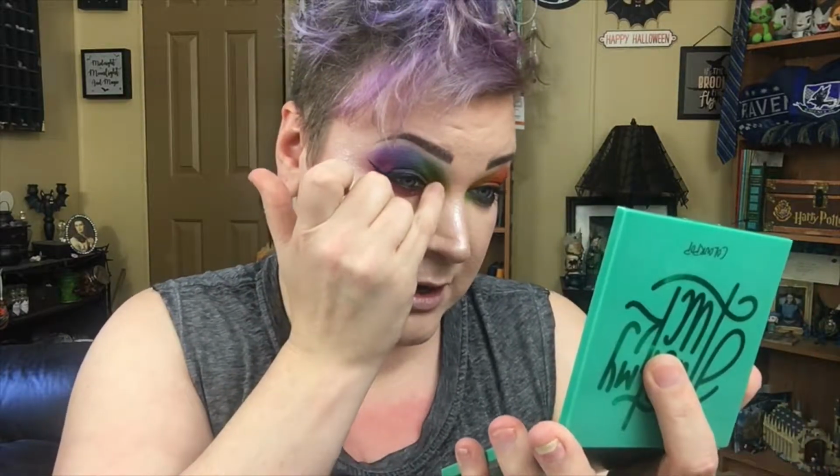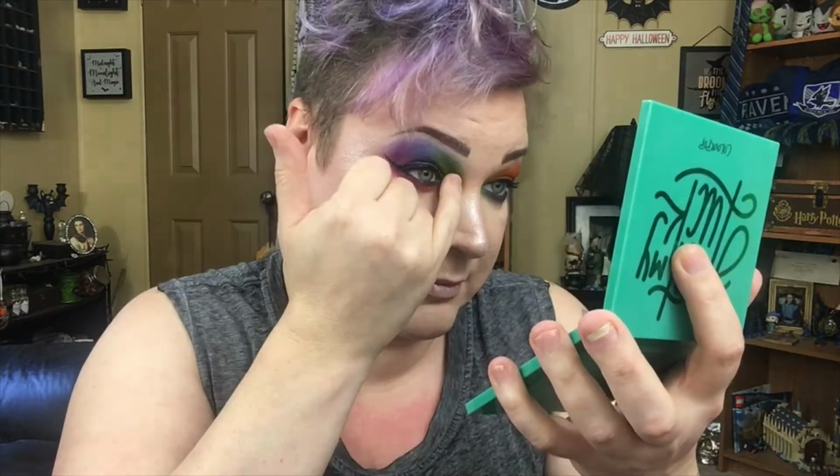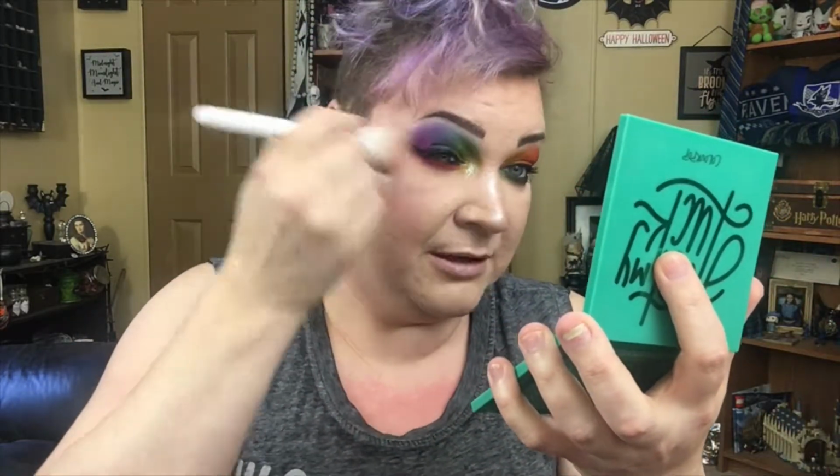I'm gonna get all up in my little mirror here because we're gonna place this right there. So look at that over the green and look at that over the yellow. And then I just take my little highlighter brush and kind of, you know,